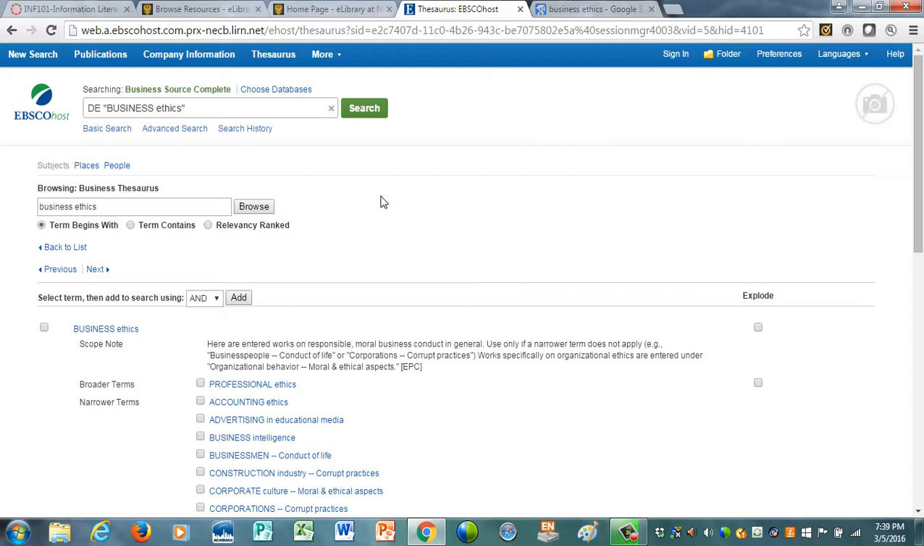So that's a more precise way of doing research in this database rather than doing a keyword search, because these are articles that are substantially about business ethics. But I suspect that's going to bring back a lot. So let's also run a search on banking, because the focus of my paper, I'm going to pretend, is on